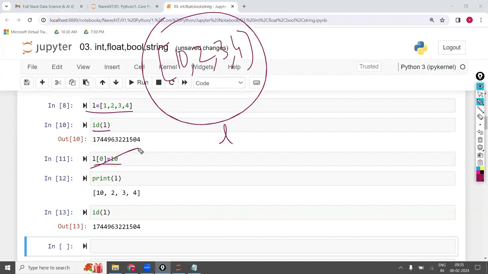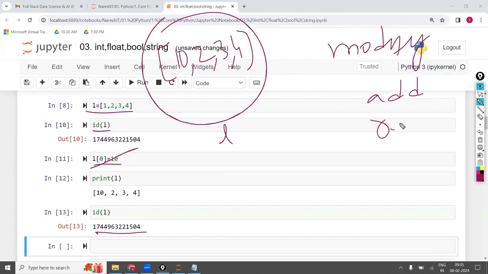Since it replaced in the original object only, after replacement you have the same address. It has not deleted the previous object. Without deleting, it has replaced directly, so it has modified. Modification means adding a new value, replacing the existing value, or deleting a value inside that object.